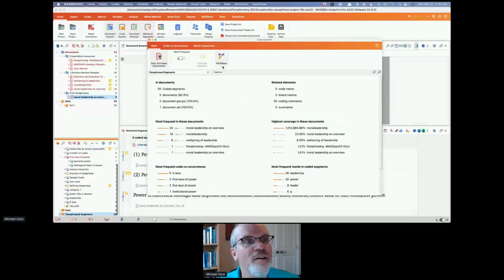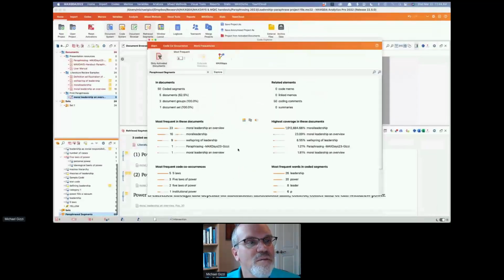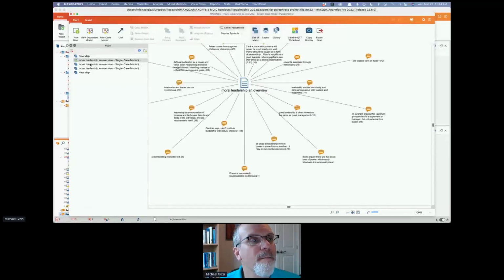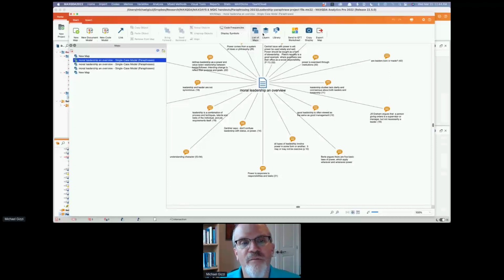Apparently, I could even, for that code, I wonder how it's going to work, considering paraphrase segments as a code. Single code model. Yep, of the paraphrase segments. I also, in MAXMaps, can create a single case model of a document showing the paraphrases as a map.